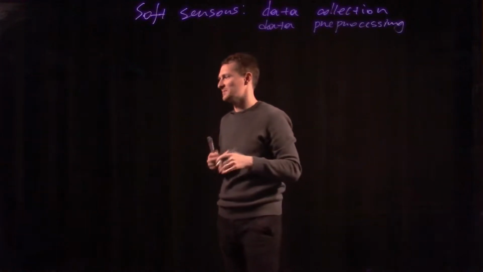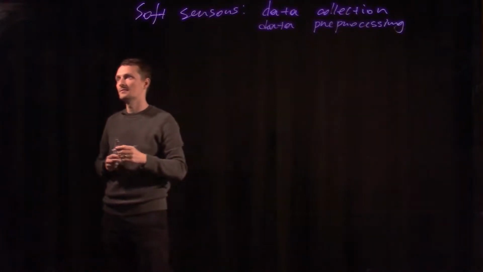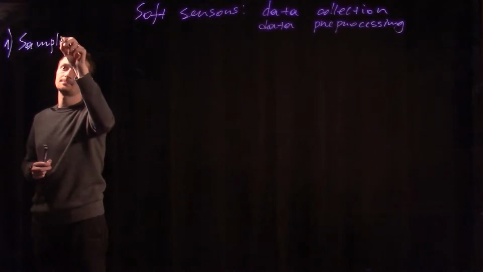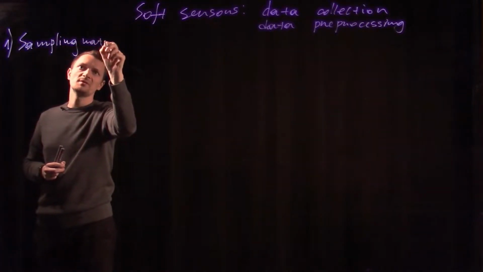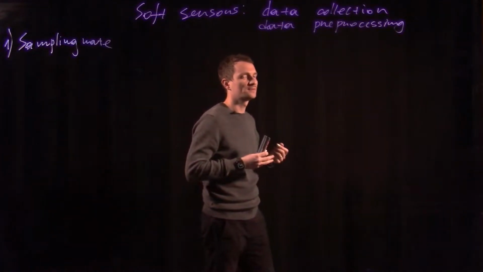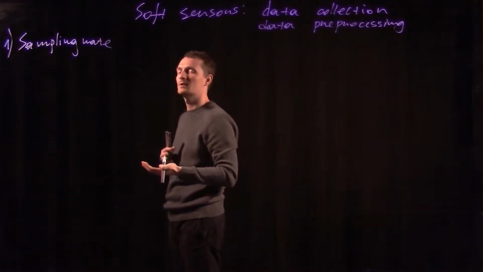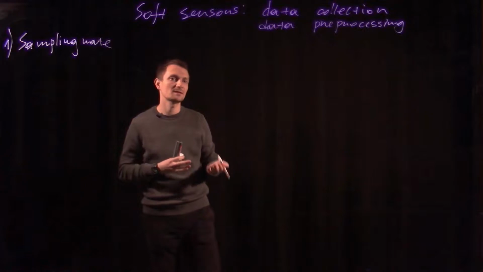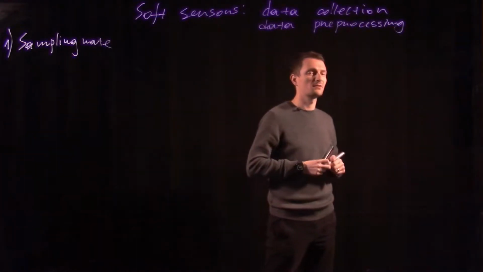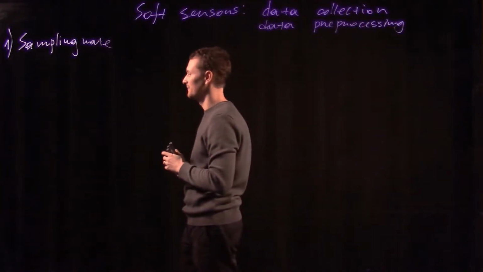What are the problems we can have when we collect our data? So the first of them we can name as sampling rate. Sampling rate is nothing more than the frequency, how often you collect your data point. For example, if you have a temperature sensor and you can collect every second, or every 2 seconds, or every millisecond. But for some variables, for example, concentration, when you need very advanced